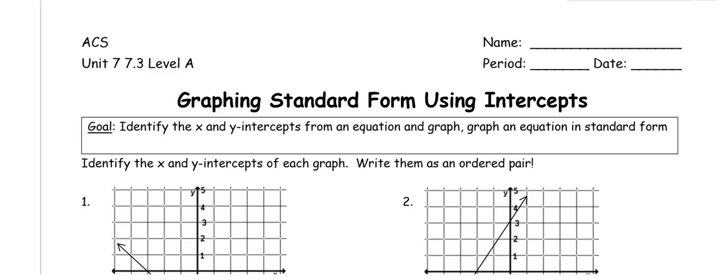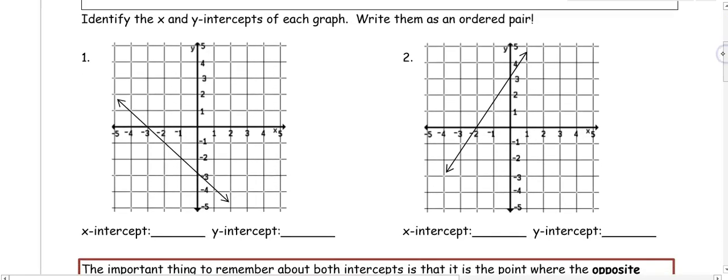This video is about graphing standard form using intercepts. So first we're going to identify what x and y intercepts are from the equation and graph using them. So before we get to that, we're going to look at a graph and determine what the x and the